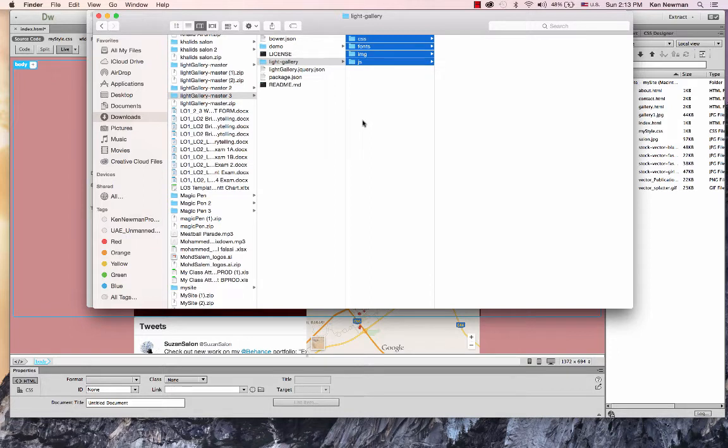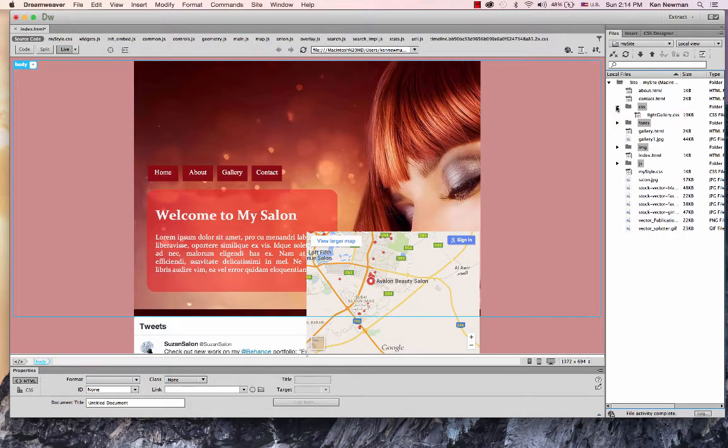Once the zip file has downloaded and you've opened it up, you'll see there are a bunch of files and folders. I'm just going to take these 4 folders and drag them into my website. You'll see we have a CSS folder with a Light Gallery CSS. We have a fonts folder with a couple of fonts that the widget uses, a sample image, which in this case is just a loading animated GIF,